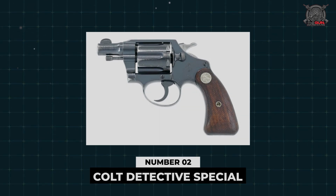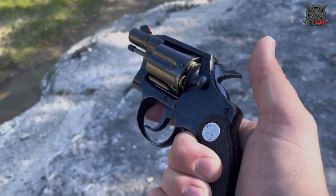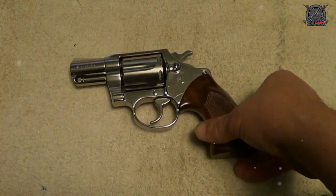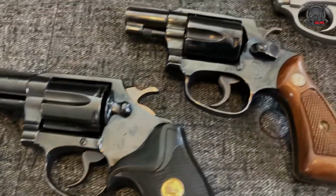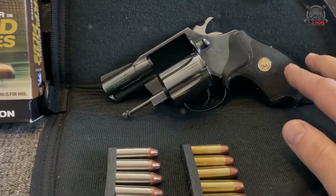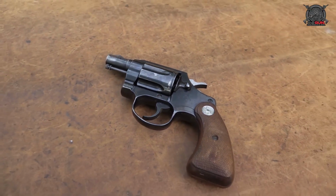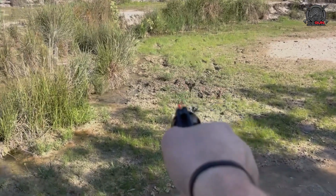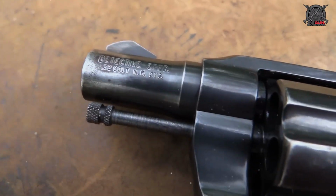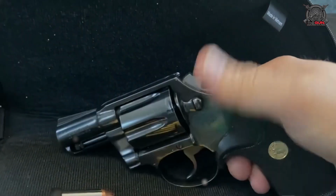Number 2. Colt Detective Special. Taking the number 2 spot is the classic that defined the snub-nose category, the Colt Detective Special. The Detective Special, produced from 1927 to 1995, represents the gold standard for compact revolvers. At 6.75 inches long with a 2-inch barrel, it provided 6 rounds of .38 Special in a package that could disappear under a coat. The smooth double-action trigger and classic Colt quality made it the choice of law enforcement and